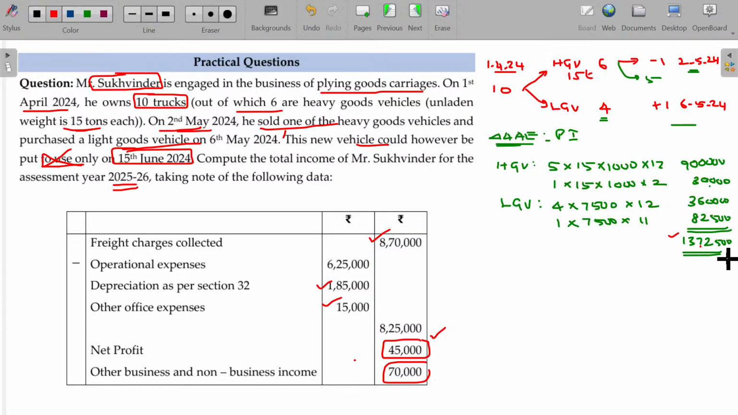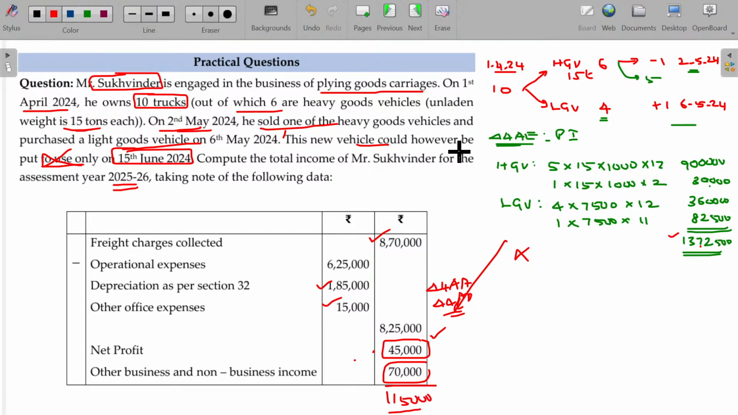Paying tax on 13,72,500 is very costly. 30% of this means more than 3 lakhs, closer to 4 lakhs. But if you want to pay the tax on 45,000 rupees, it will be a very small amount. Sir, can I add this one, sir, rather than this one, sir? Yeah, of course you can go, but you have to maintain the books of accounts as per section 44AA and 44AD. If you follow that, your gross total income being